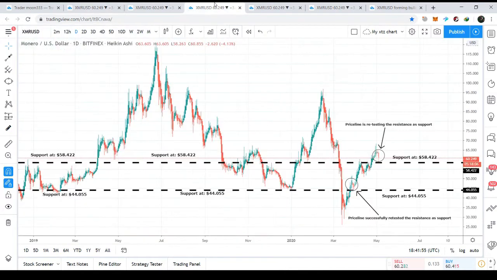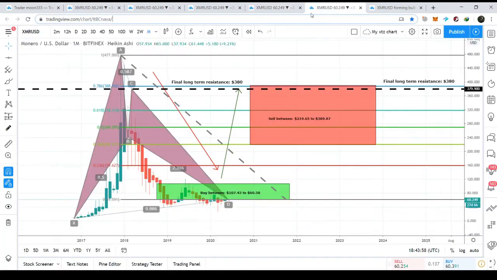And finally, I would like to show you this very big bullish bat pattern that I have been showing in my previous articles and videos as well. That has been formed on this monthly chart, and this is a very powerful bullish pattern. We can see that since October 2018, the price action has entered in this potential reversal zone of this bullish bat pattern from 0.786 to 0.886 Fibonacci level. Once this potential reversal zone was likely to be broken down in the month of March 2019, we